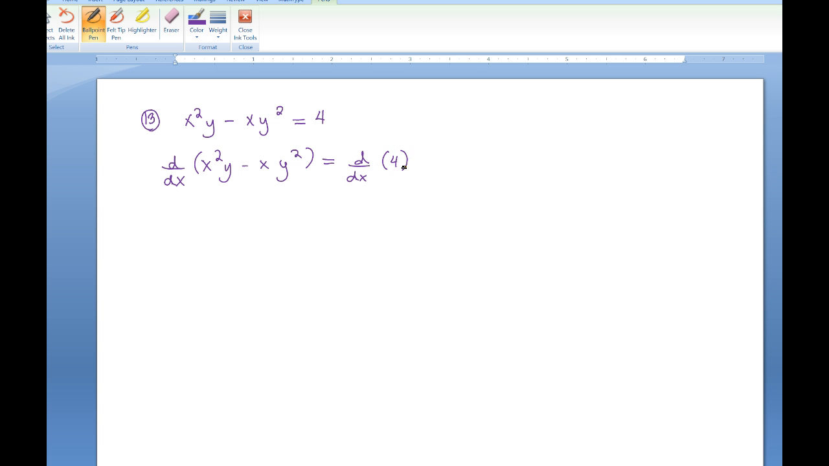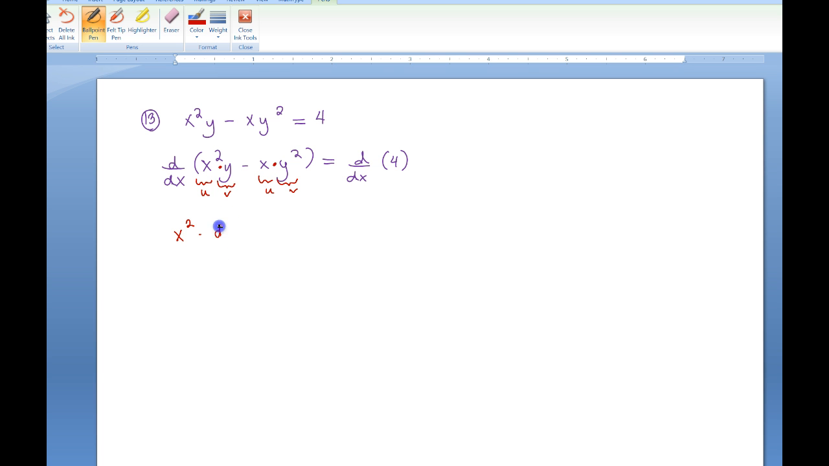So we're taking the derivative with respect to x on both sides. Notice here we have product rule and another product rule. When I do the derivative of x squared times y, this is u and this is v, and later this will be u and this one will be v. So when we do the product rule the first time, it's going to be u, which is x squared, times